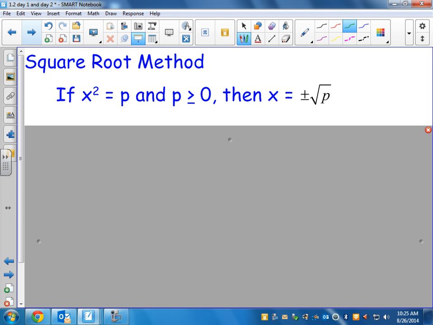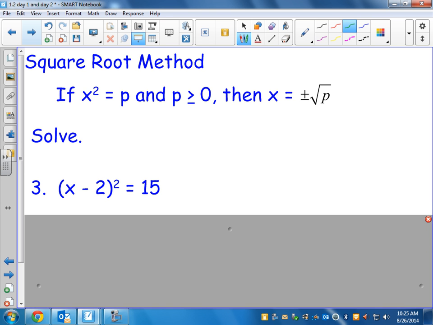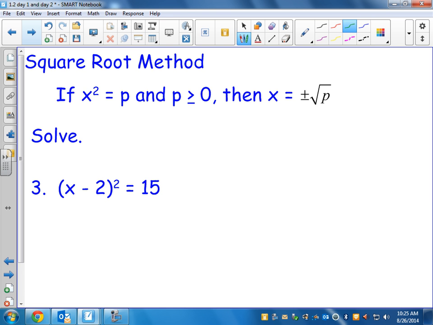Square root method. If you have x squared equals some number, and that number is positive, we're not talking about imaginary numbers yet, then to solve that, we can just take the square root of both sides. But remember, when you take the square root of both sides, you have to put the plus or minus. That's where the plus or minus comes from in the quadratic formula, because we take the square root of both sides. So on your homework today, I think it says solve using the square root method,